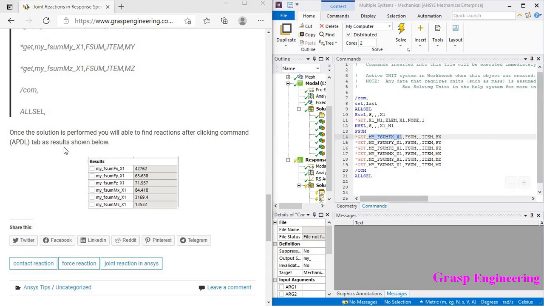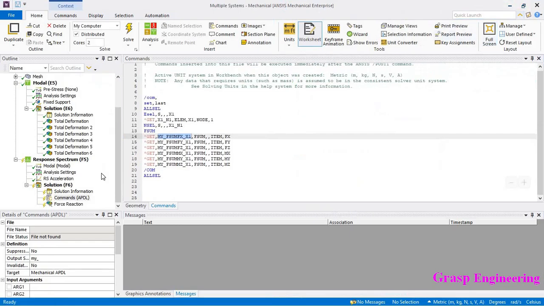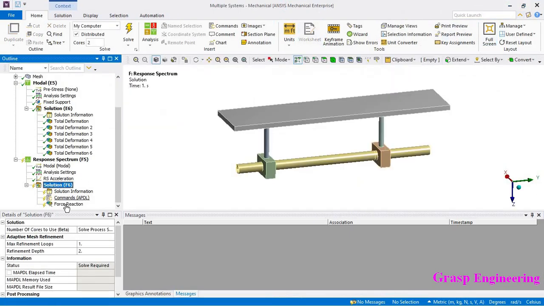Okay, so you will get the results in the form of x, y, z, mx, my, mz. Okay, so this is the same as what you will get inside the reaction tab.